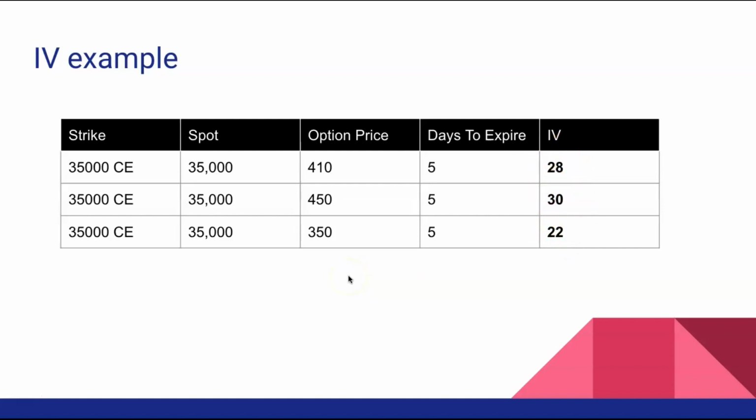So we should look at the historical IV. If you look at the Bank Nifty IV for the past 1 year, the average IV is around 24 to 25. So just looking at this 30, we know that this premium is overvalued because it is more than the average of 24. And if you look at this IV of 22, we know this call option is undervalued, because it is lesser than the average of 24. If you look into the IV in chart form, you will understand even more clearly, which I will be showing in some time. So let's move on to the next slide.